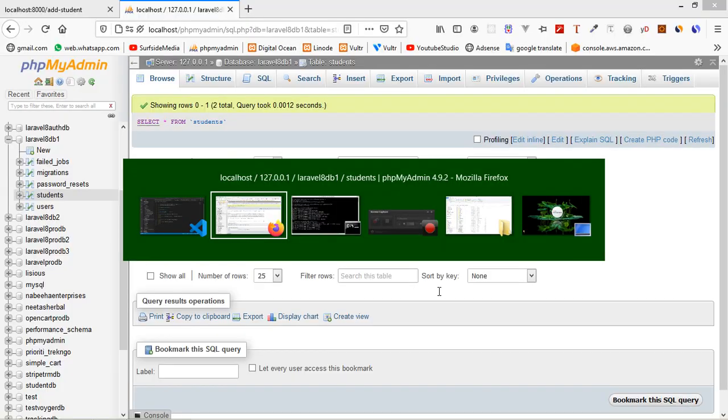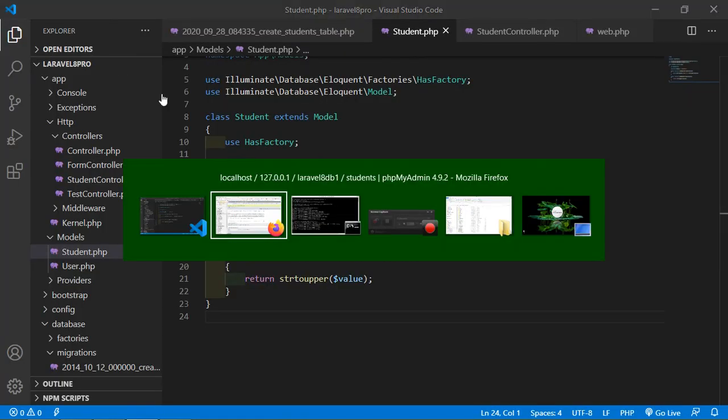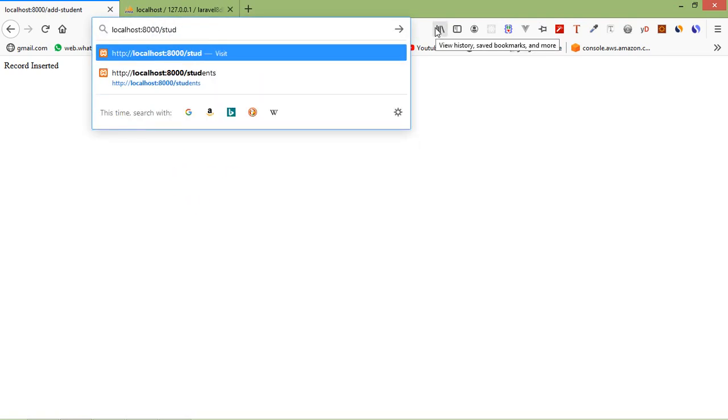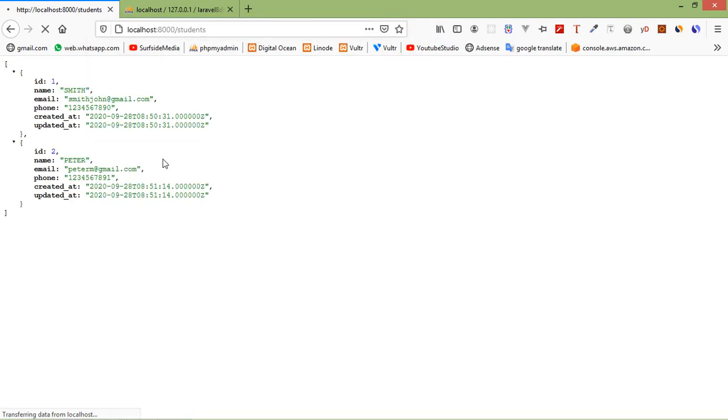So just check it. So just go to the browser and just write here the URI students. And here you can see the name in capital letter.